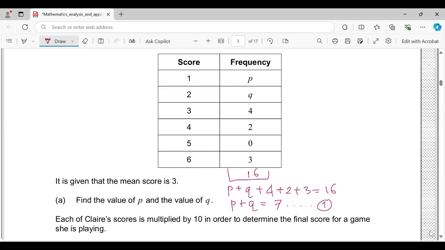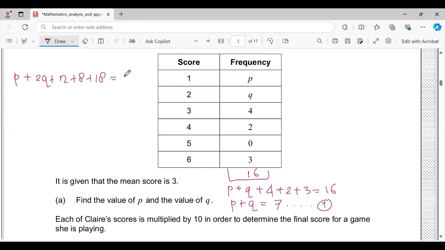Next. This is the first equation. The second equation, that 1 times P equals P. We're now writing this base, plus 2 times Q is 2Q, 3 times 4 is 12. 4 times 2, 8. 0. 6 times 3, 18. And it is